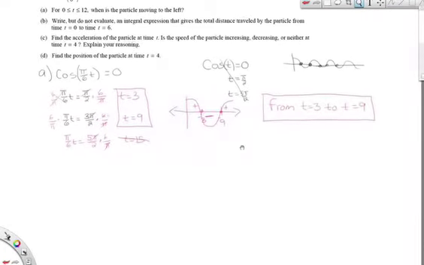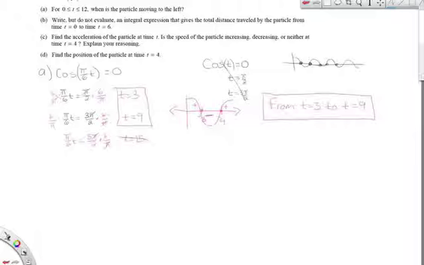Okay, part B. Write but do not evaluate an integral expression that tells me the total distance that I've traveled from 0 to 6. Alright, so this is actually kind of an interesting question. I could do it a couple of ways. The total distance traveled would be the integral, but only of the individual pieces, and then add it up as positives. So I can either answer the question by saying from 0 to 3 of the velocity